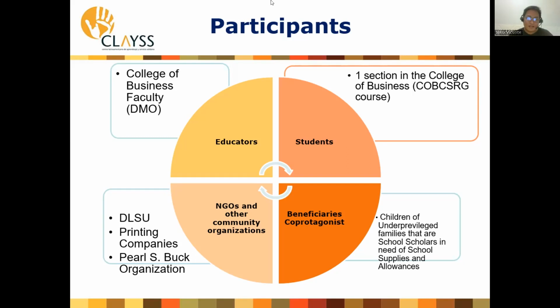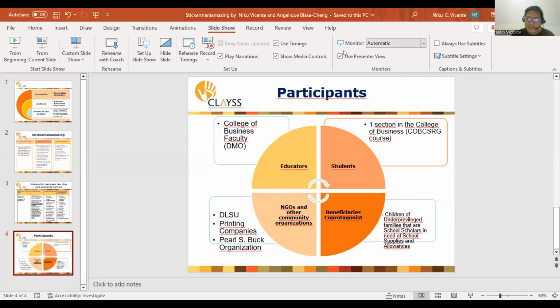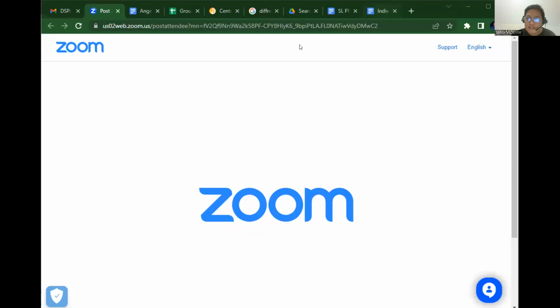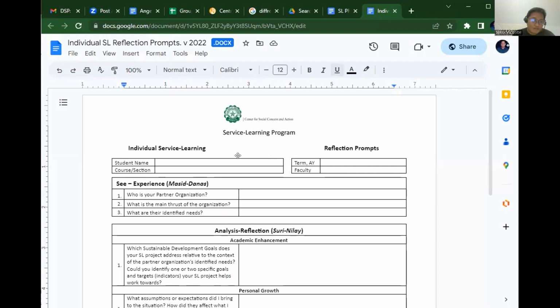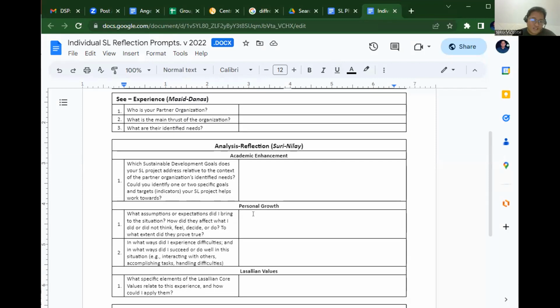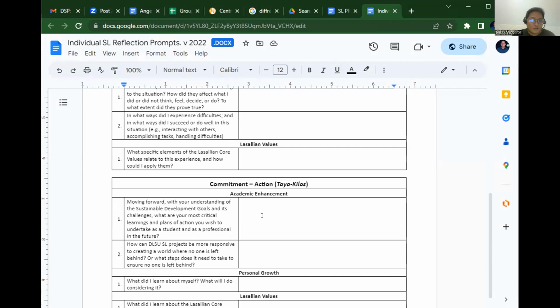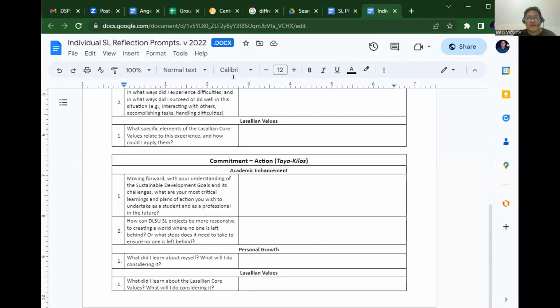Again, I'll show you some things. The evaluation, not really the evaluation tools, but this is the prompts that we have in our reflection. We have their experience, analysis, reflection, and of course, we always incorporate the Lasallian values, if they learned the Lasallian values, and then we try to ask questions on the academic enhancement, their personal growth, and